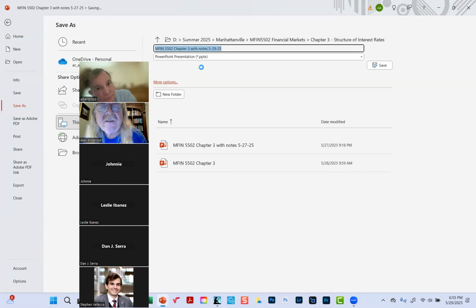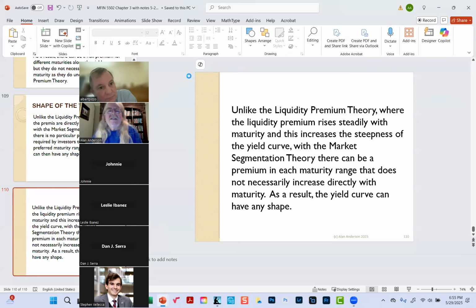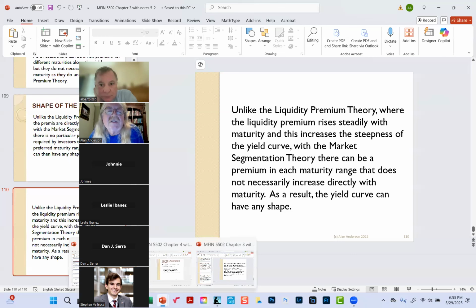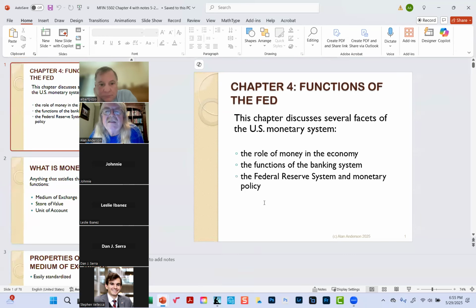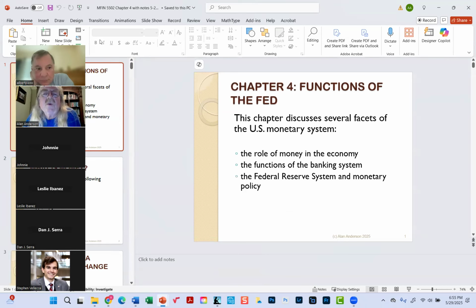So now we can finally move on and discuss the Federal Reserve System. In chapter 4 is all of the introduction, at least, to the Fed. Okay, so before we dive into the Fed, we're going to take a bit of a detour to discuss money. Now, of course, the Fed conducts monetary policy, which means they are ultimately in control of the money supply in the United States, which in turn directly impacts on interest rates. So we need to discuss